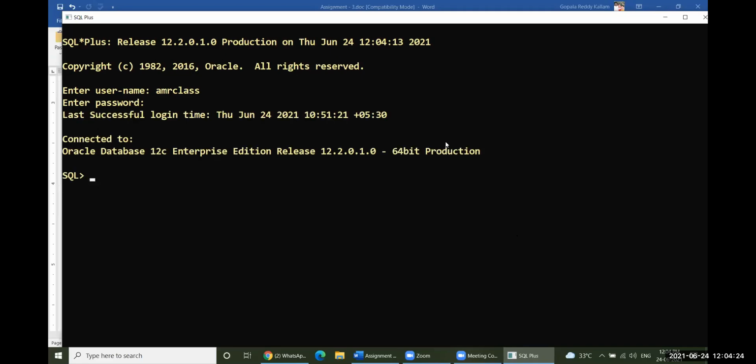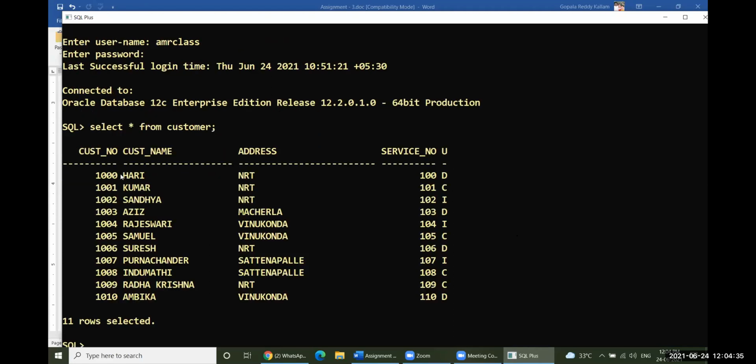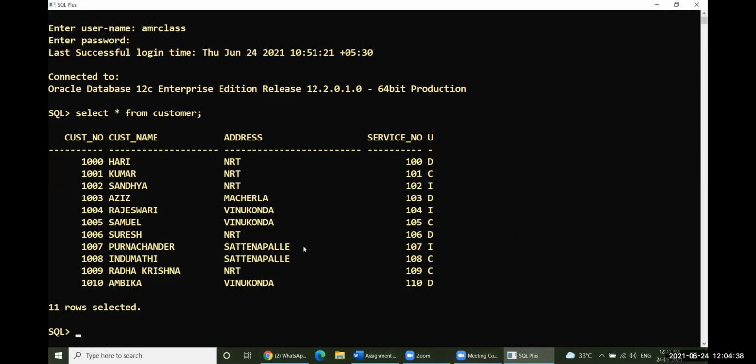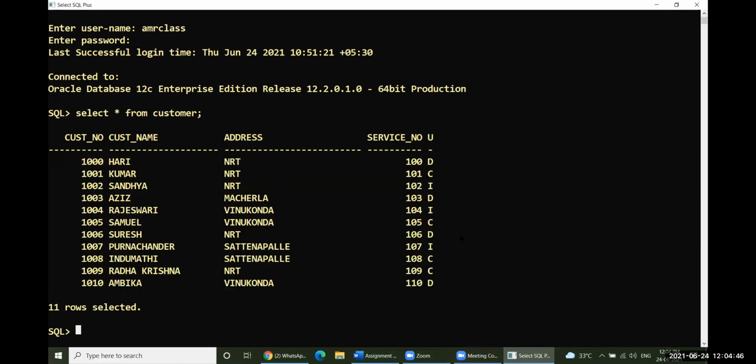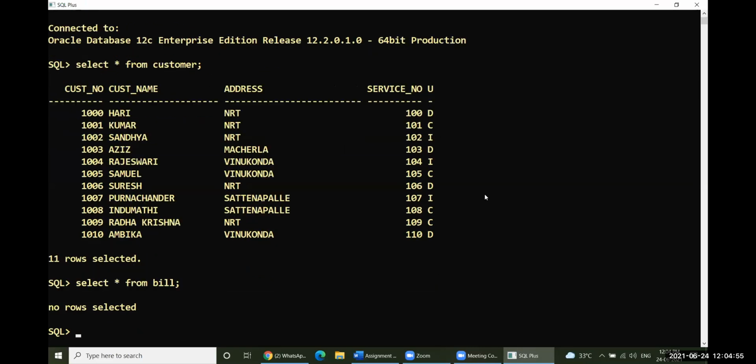Yes, so look at this. Select everything from customer. Look at this, 10 customers have been introduced, with completely complete information about the 10 customers. And also 20 rows have been introduced for bill. So select everything from bill. Yes, it has been